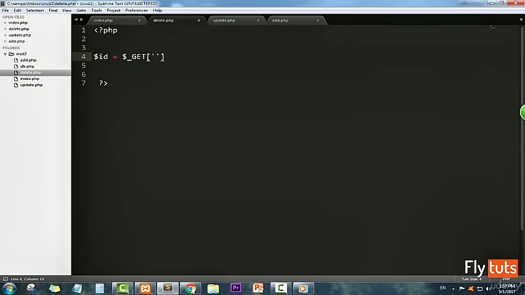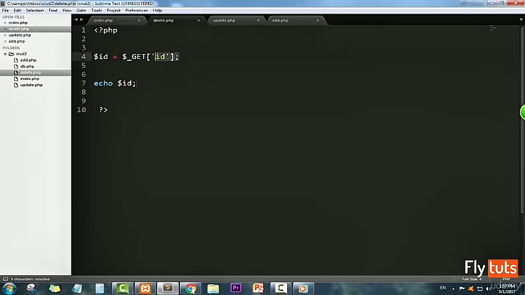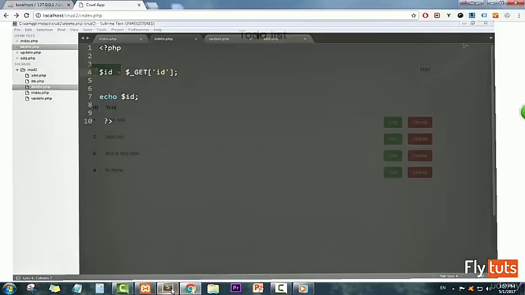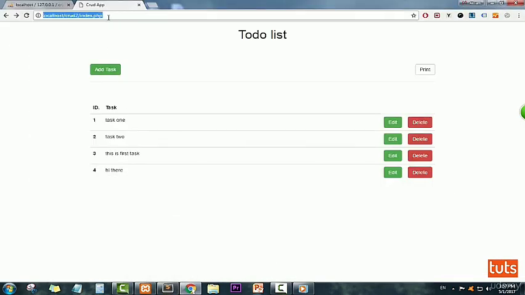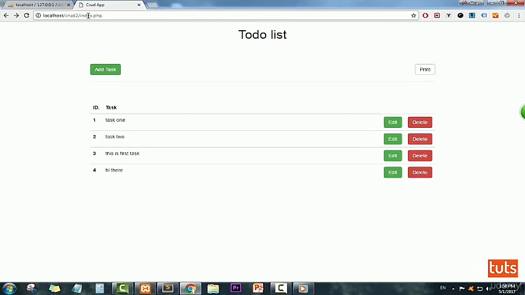get. This is also a super global. Now if you echo out the id, if we click delete, now we're gonna see the id here. Same with the other one, id 2. So how did this happen? Because we have query string here up in the page. When you click delete, as you can see, delete.php id equal to something. Now we use get super global here to get this id,